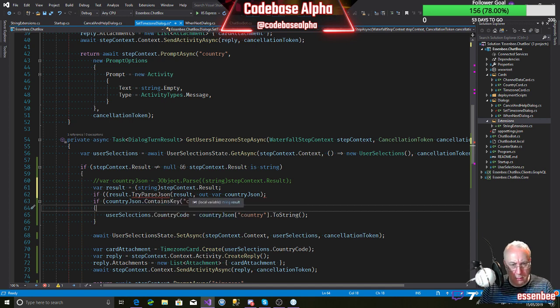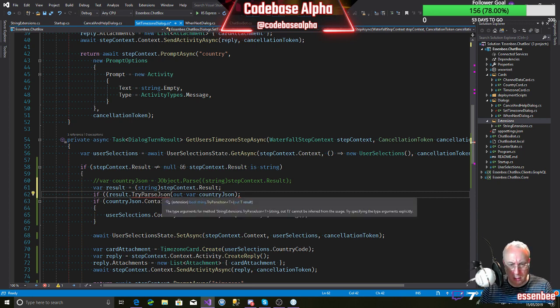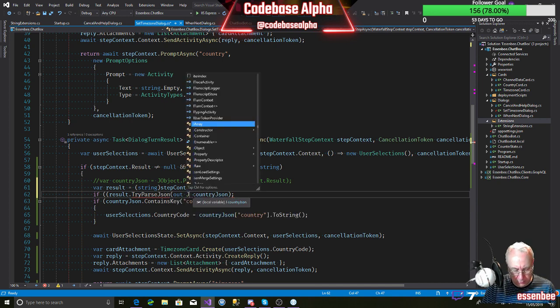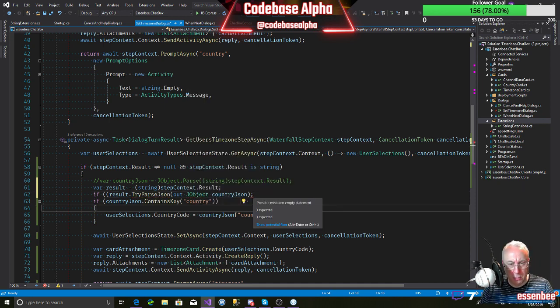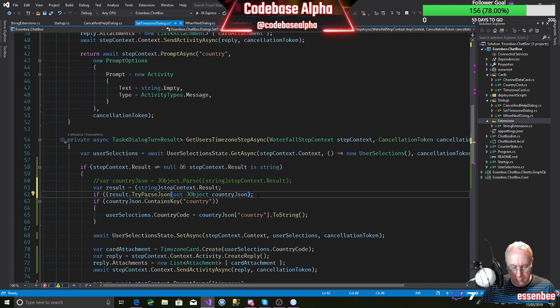No, it doesn't take 2 arguments, that's absolutely right. It takes 1 argument. This is saying type arguments cannot be inferred from the usage. This is what I figured it wasn't going to be able to work out. So this is going to be a JObject. Is that going to make it happy? I think it will. Okay, it's got an extra bracket we don't need.